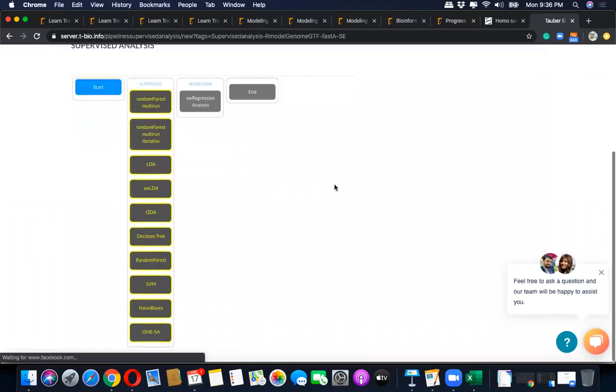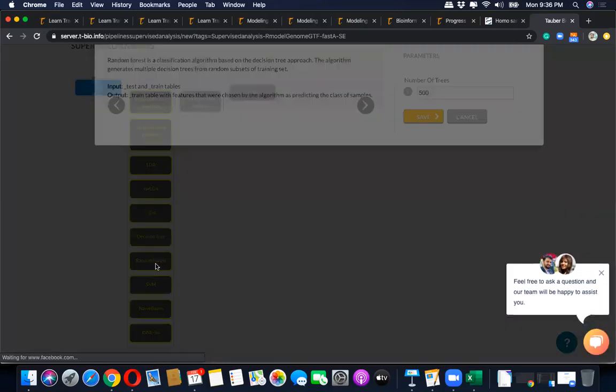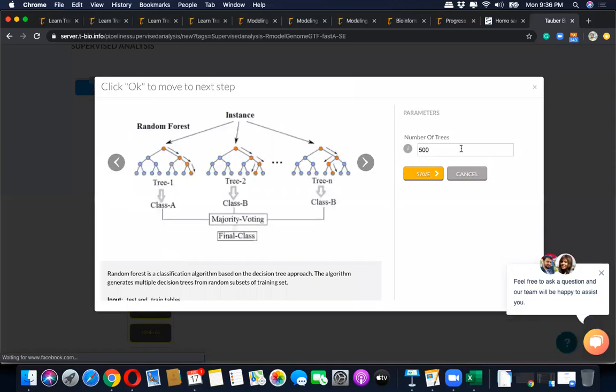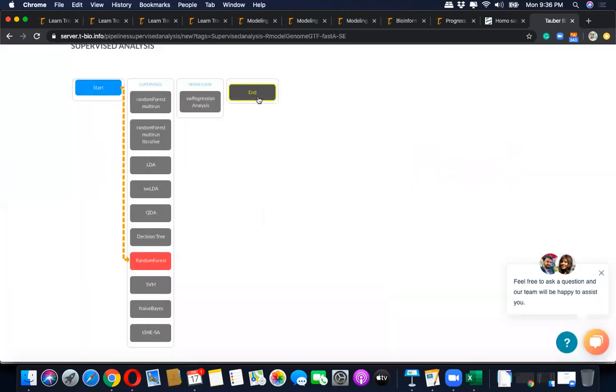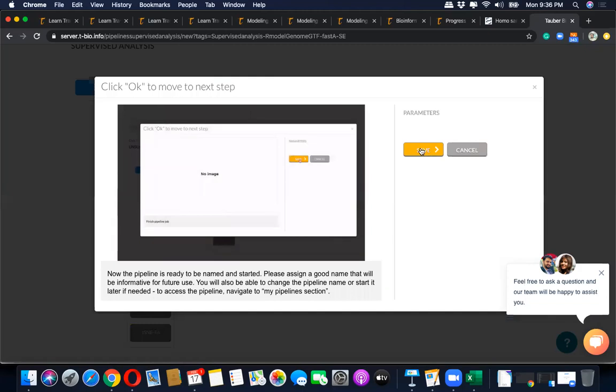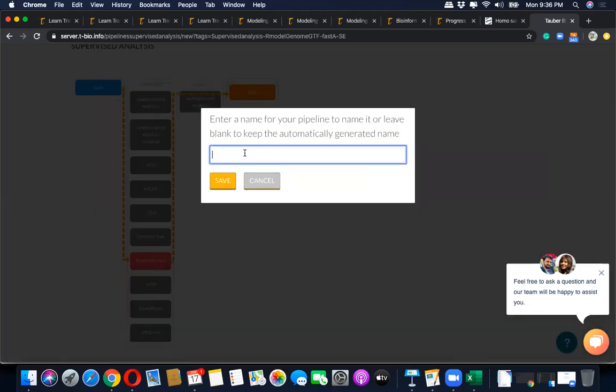Now we can do random forest. So it is asking how many trees do you want to do. So 500 trees, like this, 500 trees. So fine, okay, I will run 500 trees. And so random forest,